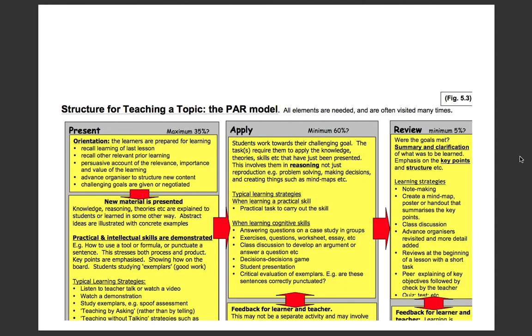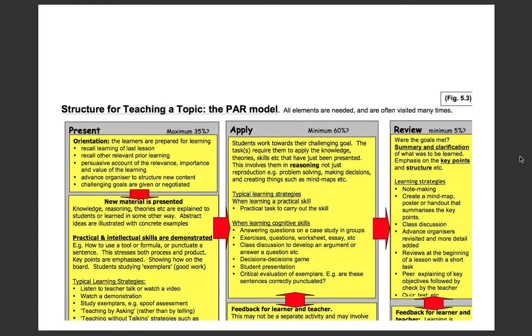After the present and apply is the review stage, which, according to the learning engine in the previous video, is quite important, whereby students need to see a summary of the clarifications of whether their goals or objectives have been met. If not, why not? If yes, why yes? So that they can apply that structural learning to any new information or any new concepts going forward. So again, it gets away from the whole idea of rote learning, in that the student understands the process and the learning strategies involved